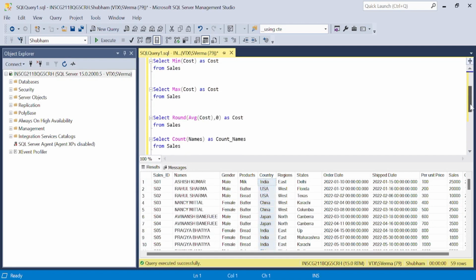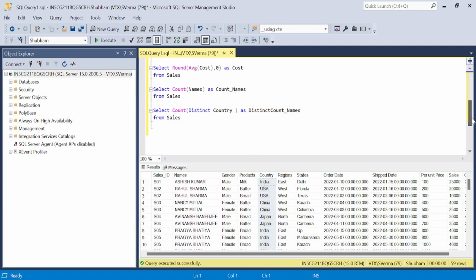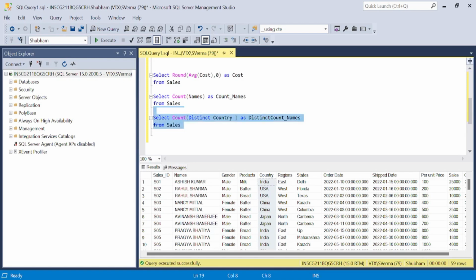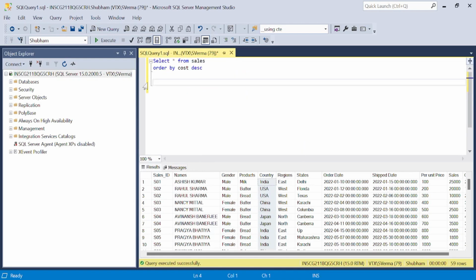So I hope now you guys are clear with all the functions. And now guys, let's learn some more ways of using this SQL functions. So what I will do guys, let me delete all the queries from here. So group by command guys, we have already covered in the previous tutorials. So this time I will use aggregate function with group by command. And now let's start writing this group by query. So I will start with